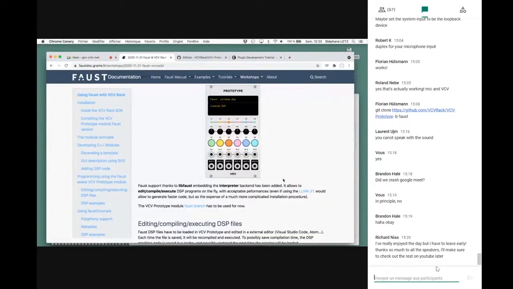For this specific example, we decided to use another backend, which is part of the Faust compilation chain, a pure interpreter that interprets some kind of bytecode that has been produced during the compilation step. Obviously that will run slower compared to LLVM, but it's fast enough to be used to prototype DSP code